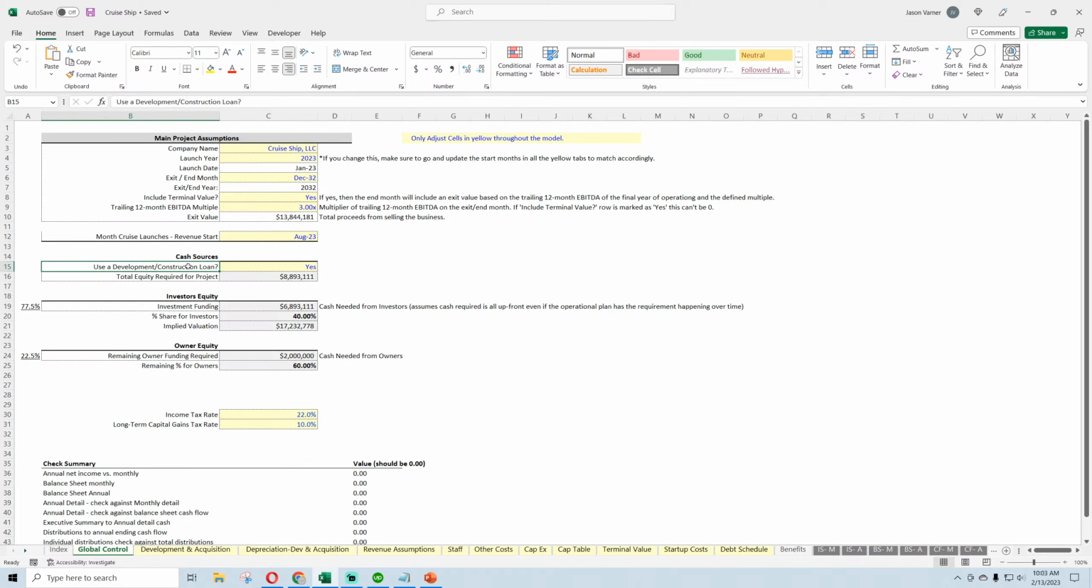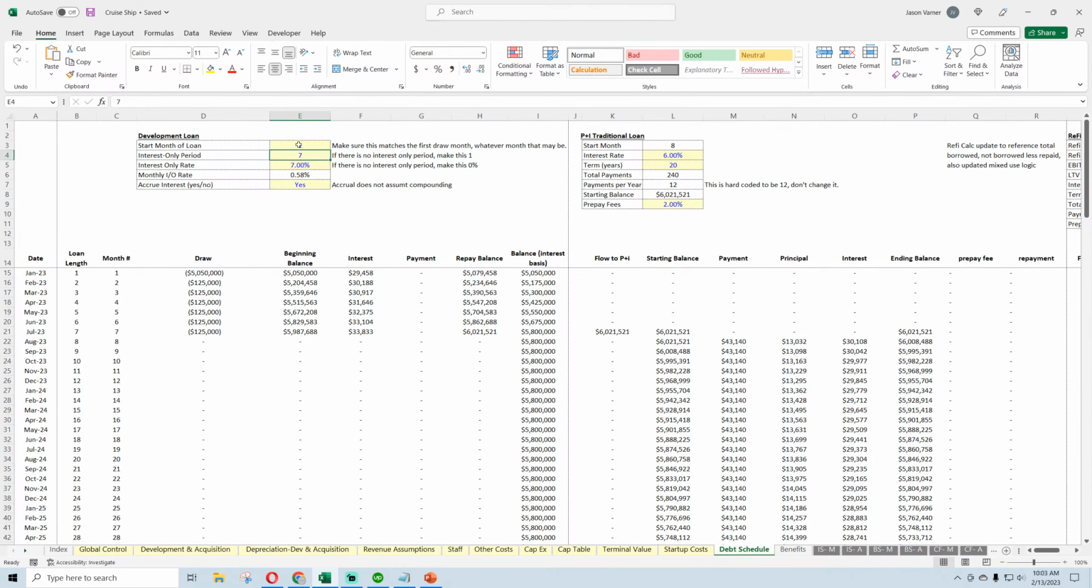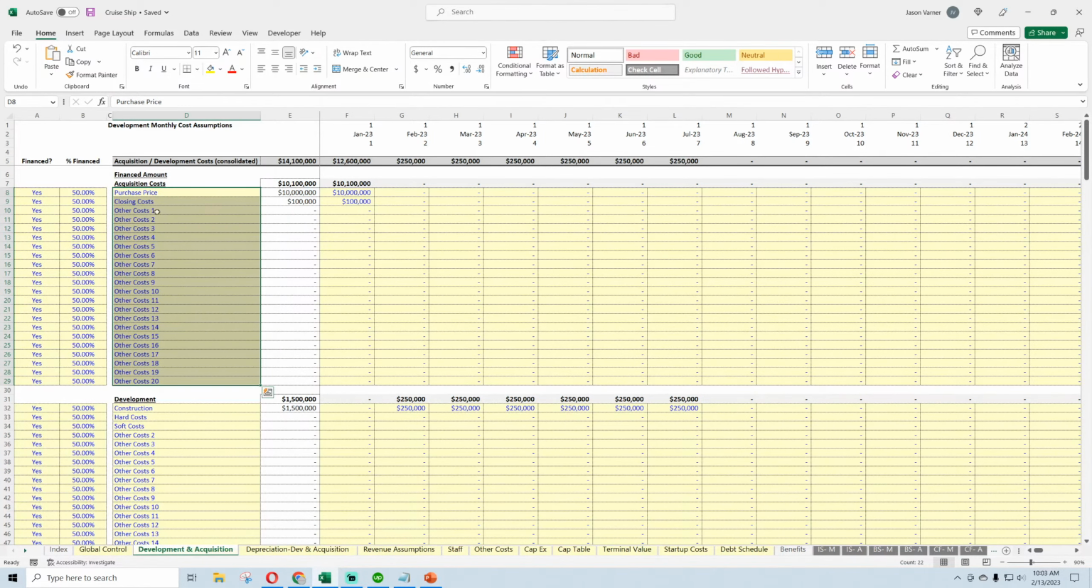There's a development construction loan logic here, so you can do the option of an interest-only loan on any of these costs. This is really interesting. This logic built here allows you to populate, let's see, one, two, three, four, five. Let me double check. One, two, three, four, five. So six areas, and these could have to do with whatever your initial costs are going to be for